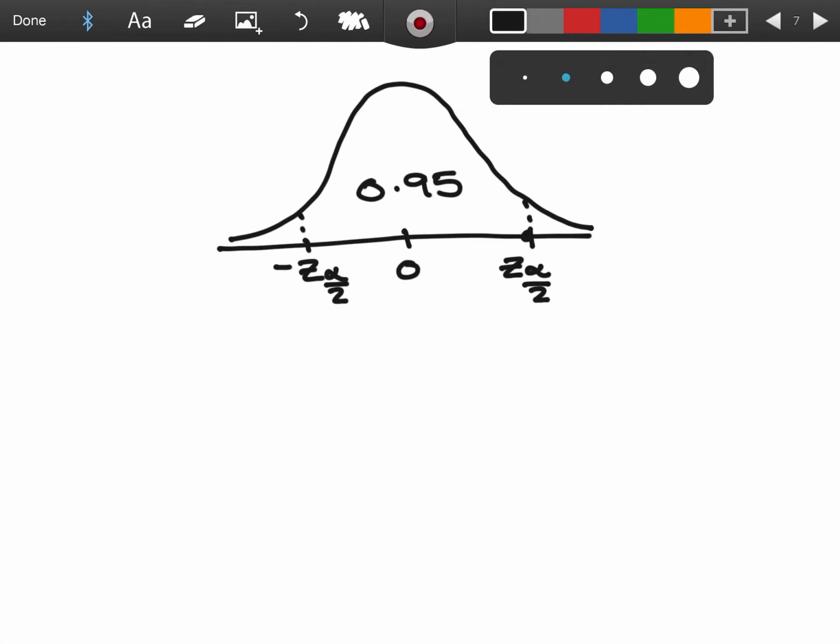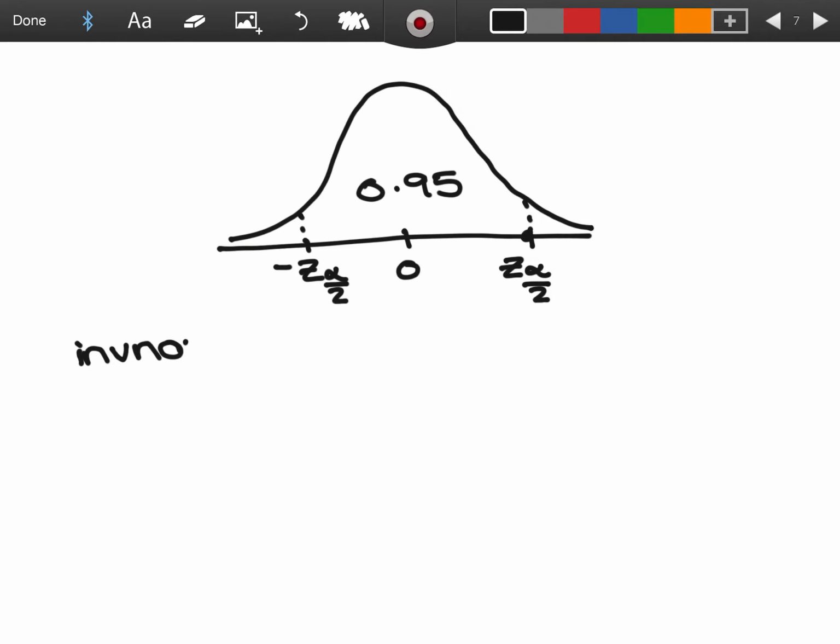If I get rid of that, and let's say we wanted to know what this value was. Okay. Remember, when we try to find a z value, a z-score, we always use inverse norm on the calculator. So whenever we try to find a z-score, we use the inverse norm. It will ask you for an area, a mean, and a standard deviation. And the area that it asks for is always the area to the left of the value that you are